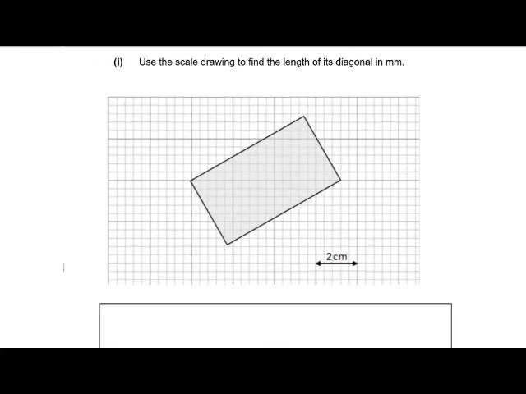Now, when I looked at this question, I assumed that this was 2 centimeters, but it isn't. When you get your ruler out, you find that 2 centimeters actually is that amount. So the thing you need to be aware of is that this drawing is not to scale. So you can't just put your ruler on and start reading what your ruler says. You're going to have to use this scale here, which is 5 squares is 2 centimeters, and just take this diagonal value, which we'll measure